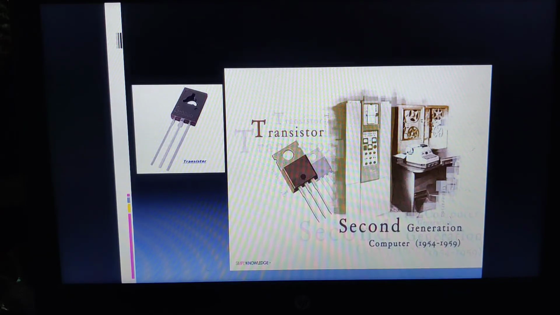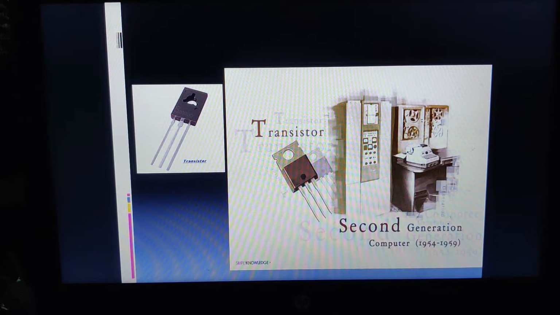So in our previous video we had started with the concept of the generations of computers, wherein we have already discussed the first generation. The first generation were using vacuum tubes, and the examples for the first generation were ENIAC, EDVAC and UNIVAC, isn't it? So in this video, let us start with the second generation.